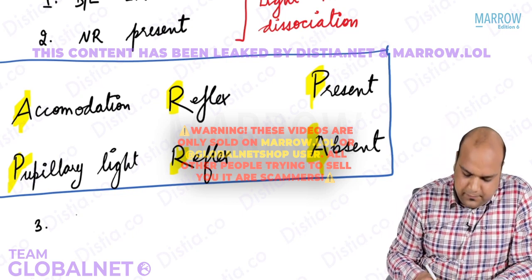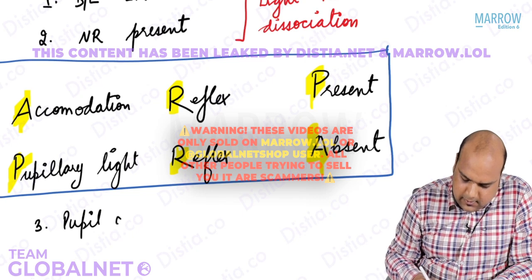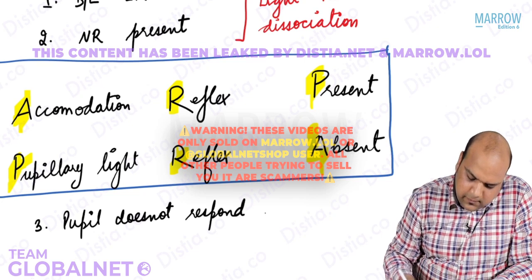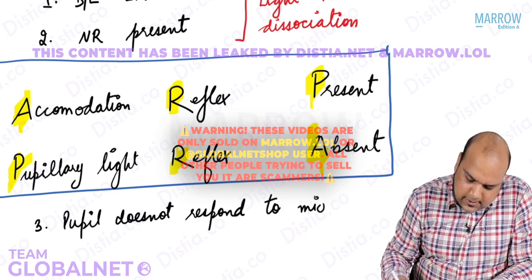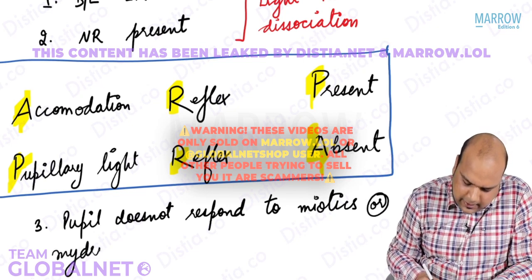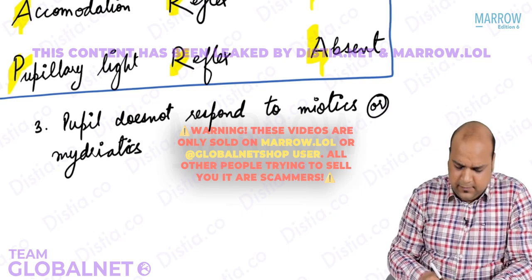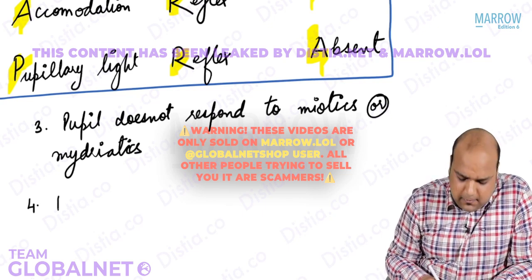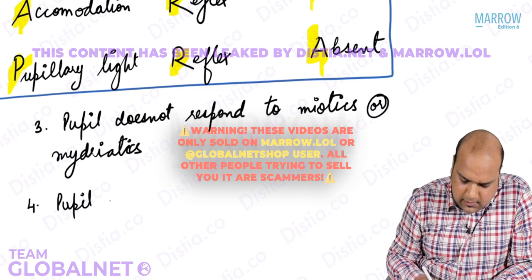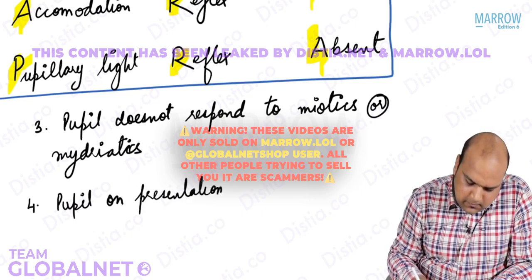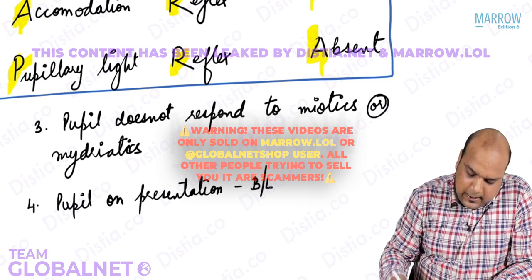Clinical feature number 3: pupil does not respond to either miotics or mydriatics. Mydriatics like atropine, miotics like pilocarpine. The pupil will not respond to any pharmacological miotic or mydriatic. And lastly, the pupils on presentation are bilaterally